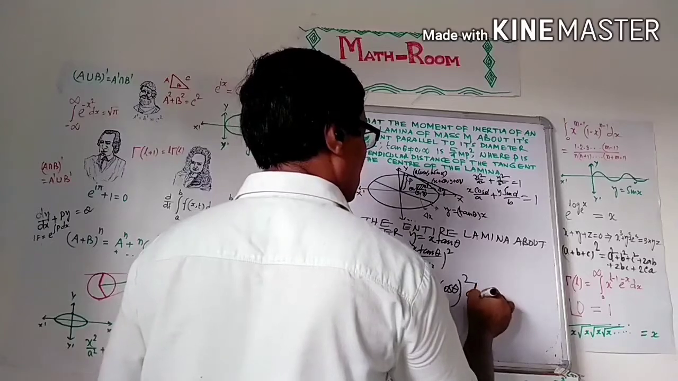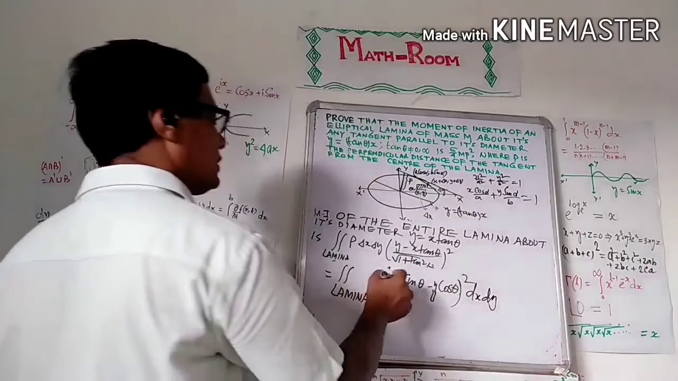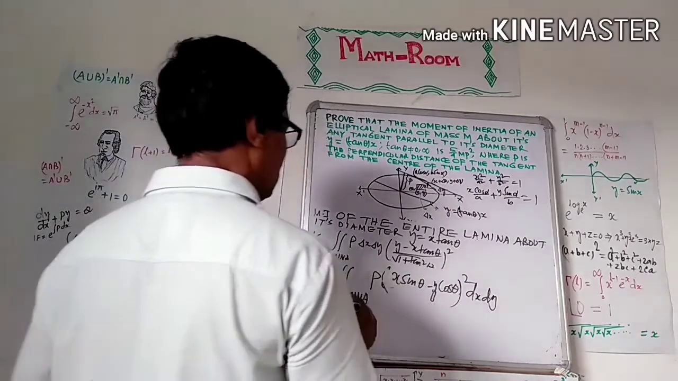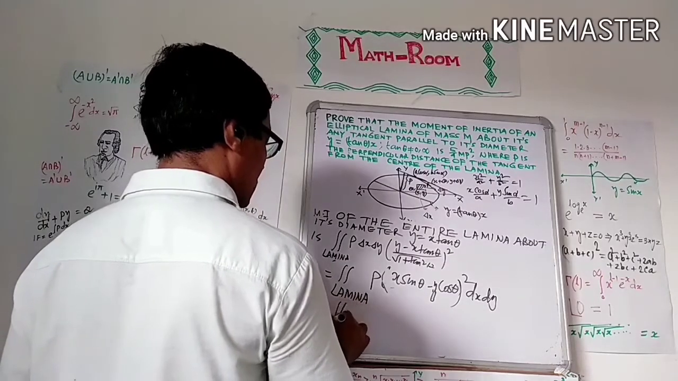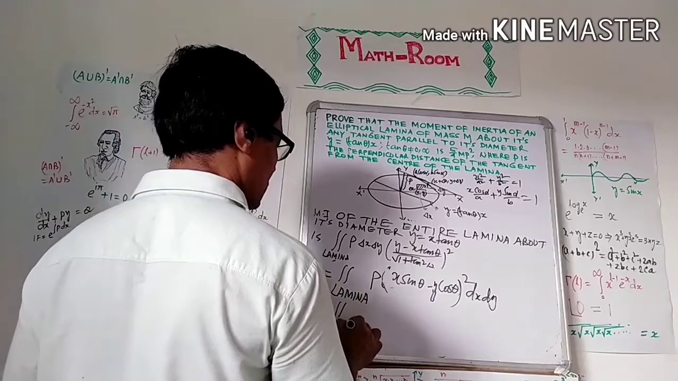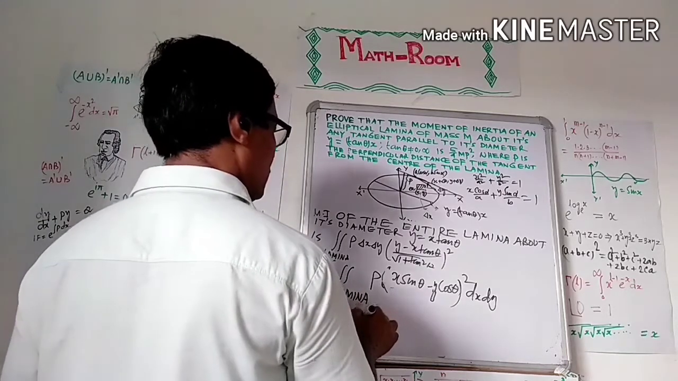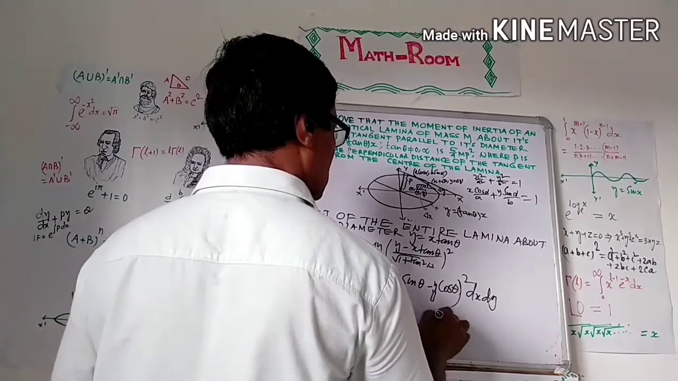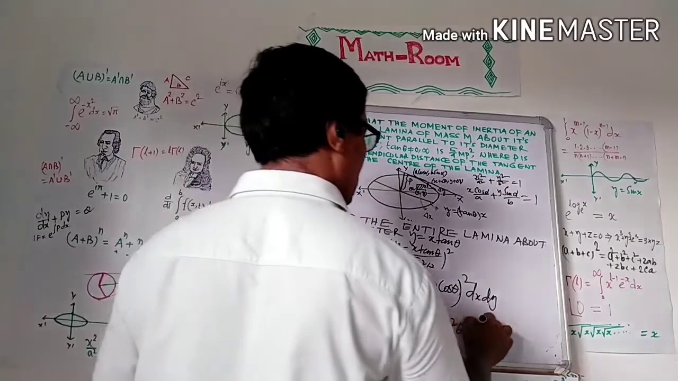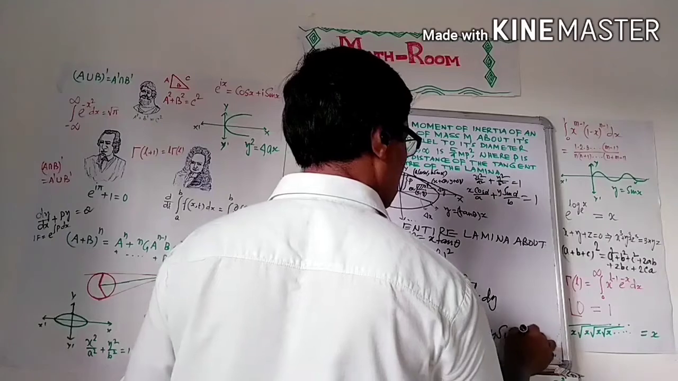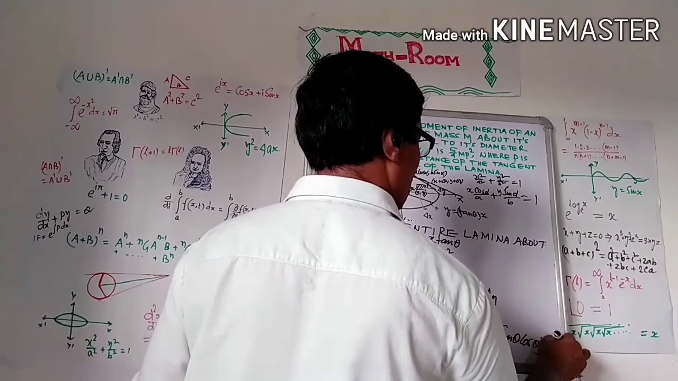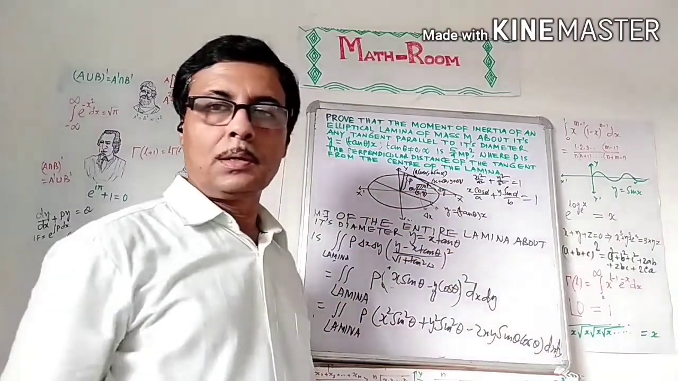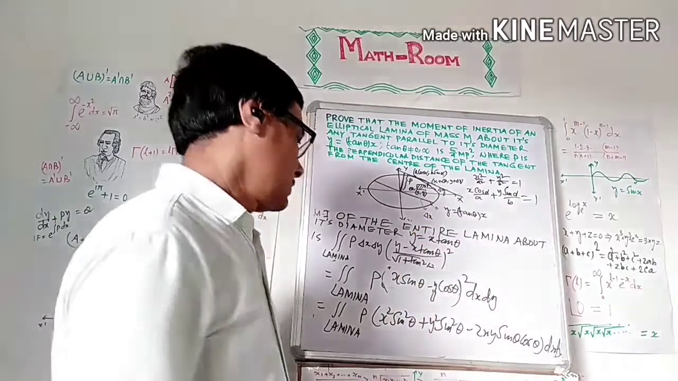So, the double integration of rho (x sin theta minus y cos theta) square dx dy over the lamina is the double integration of rho (x square sin square theta plus y square cos square theta minus 2xy sin theta cos theta) dx dy. This is the moment of inertia of the entire lamina about the diameter y equal to x tan theta. Now,